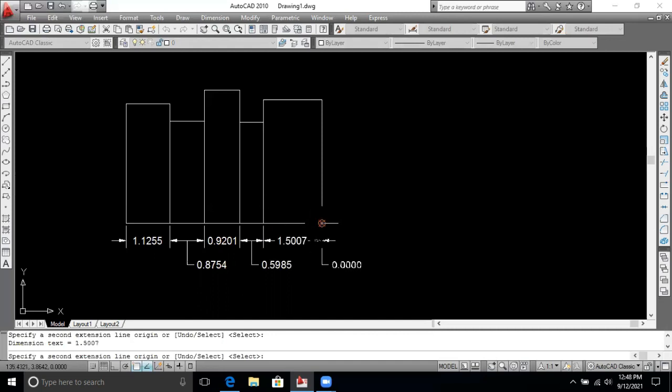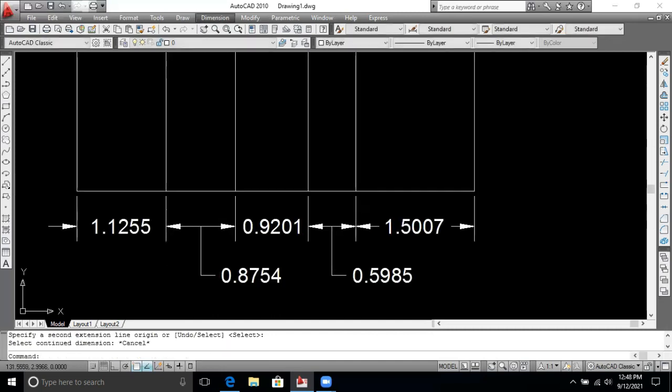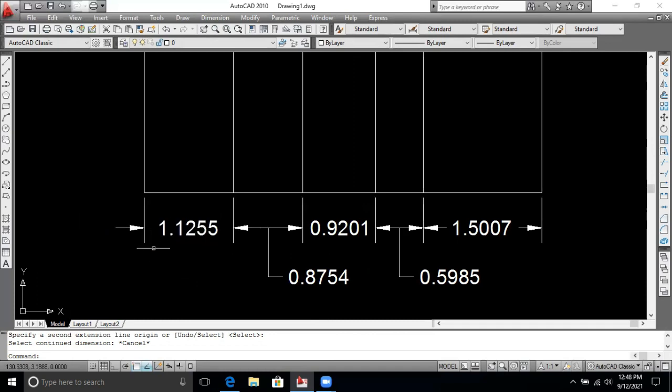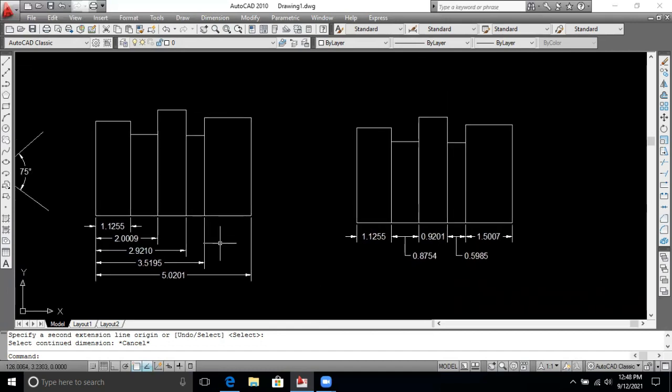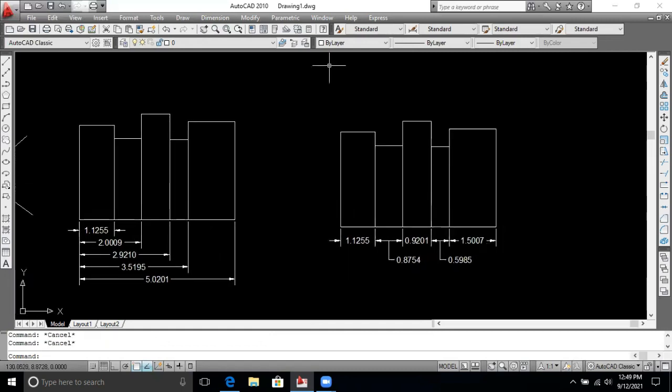You can see here the dimension continues from point to next point. You can see the difference from baseline dimension and continue dimensions. The baseline dimension is created from the base point, and the continue dimension shows next to next point, not from the first point. It shows point to point dimensions, next to next. Okay, these are the most important dimensions